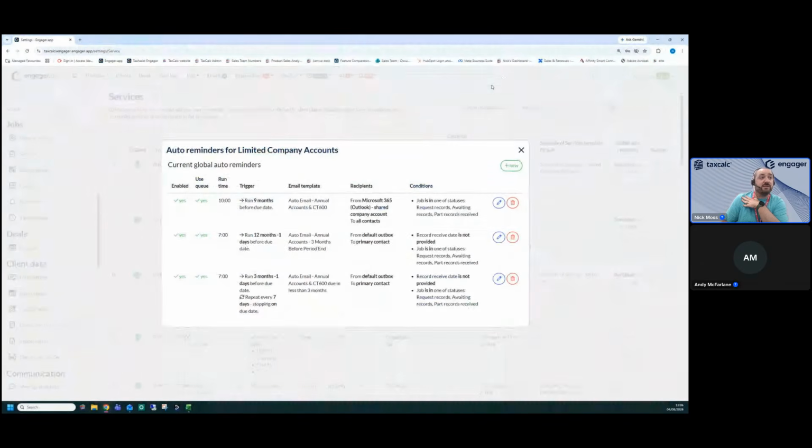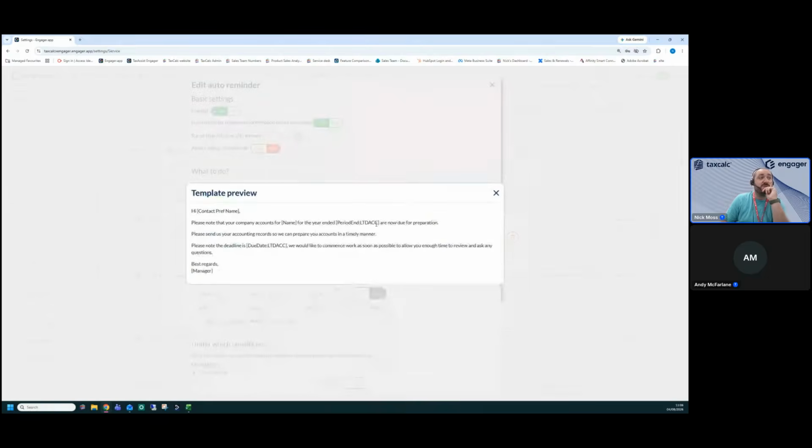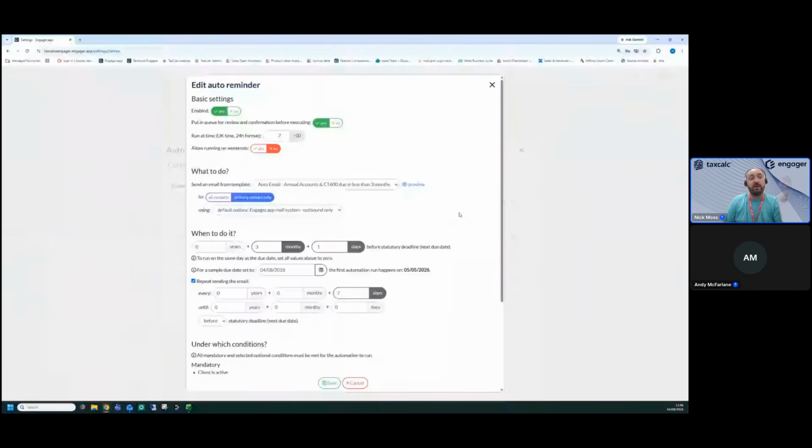Whereas if I then look at a slightly different one, say this one down the bottom, where it's run 3 months minus 1 day before the due date, so that's 6 months after the client's year end, this has got a slightly different bit of terminology. So yes, it's going to be put in review for confirmation before executing. It's not just going to auto send out this one, but this has got a different email content that says, look, please note your company accounts for the year end are now due for preparation. Make sure you send information. It's a much more, I'd say, authoritative email that's going out rather than a congratulations on reaching the trading year. But you can choose when you want that to be sent out,